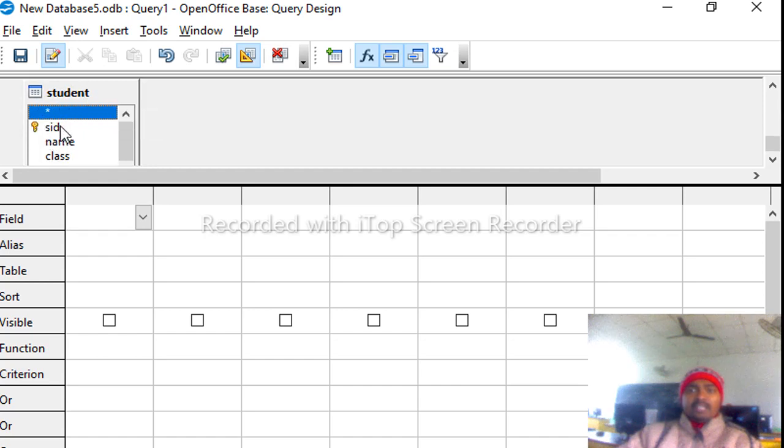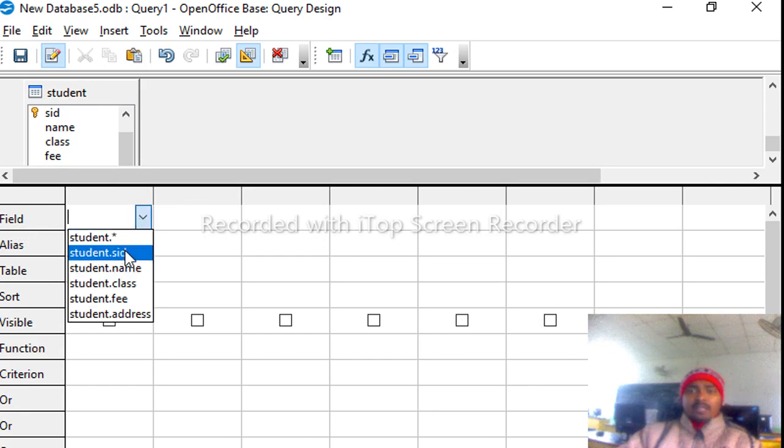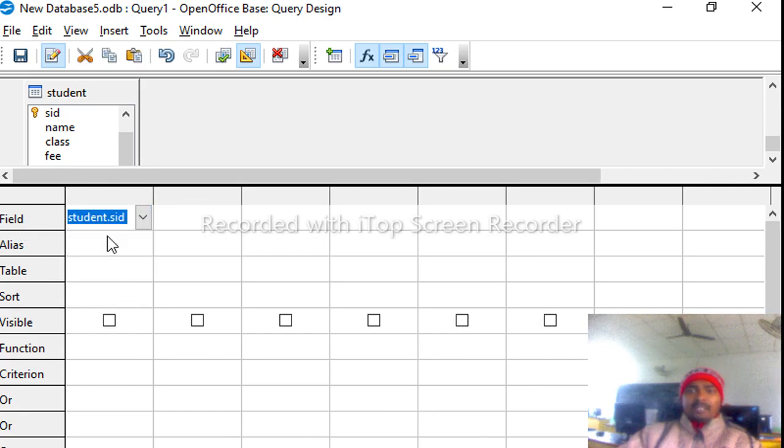We can see here SID, name, class. Scroll down and see more fields, class and fee also. Now this is the area where we are going to design the query. For example, I want to display SID only, then select the field SID, and after selecting the field SID click the run command button.